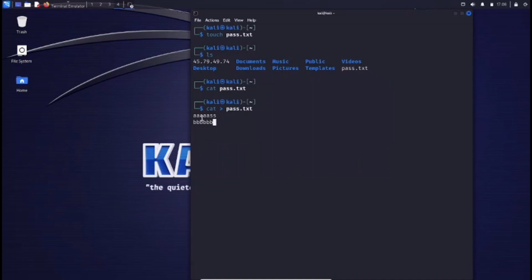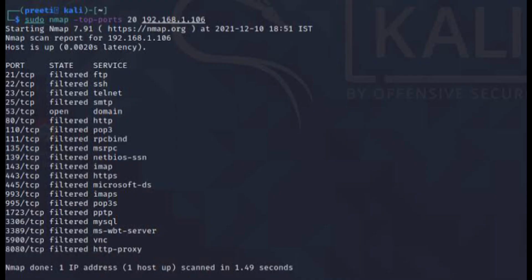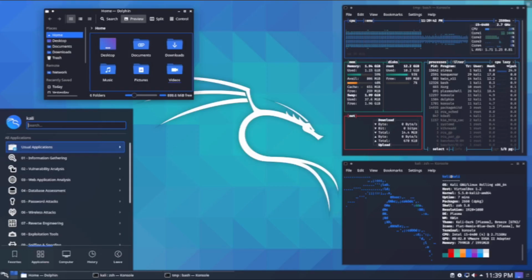Kali Linux includes tools for wireless network auditing and penetration testing, making it useful for testing the security of Wi-Fi networks and detecting vulnerabilities. 4. Web application security. Kali Linux provides tools for testing the security of web applications, including vulnerability scanning, SQL injection, and cross-site